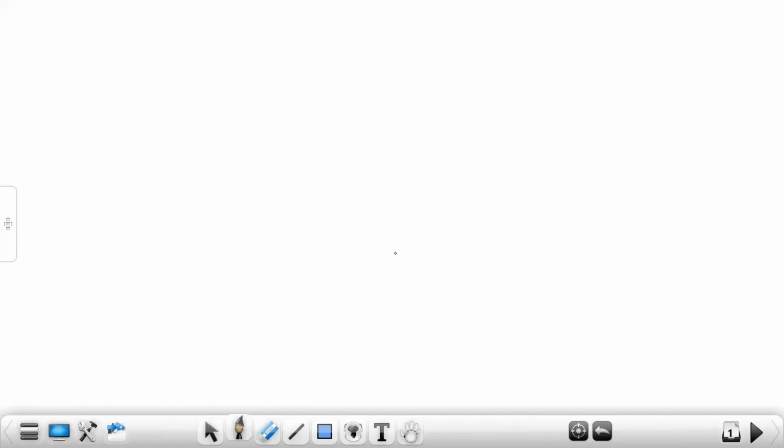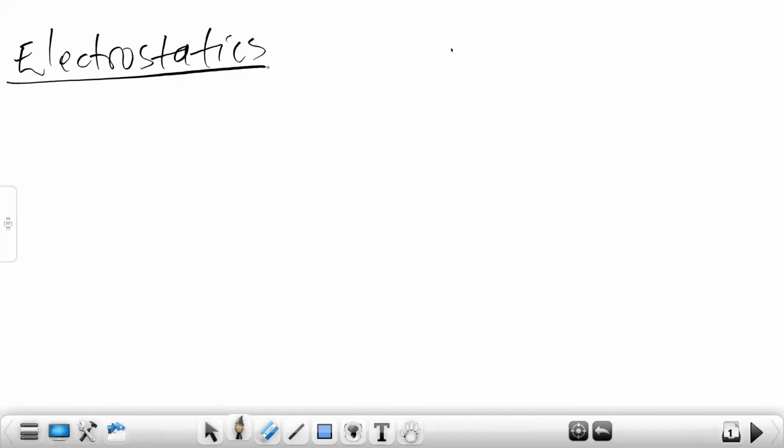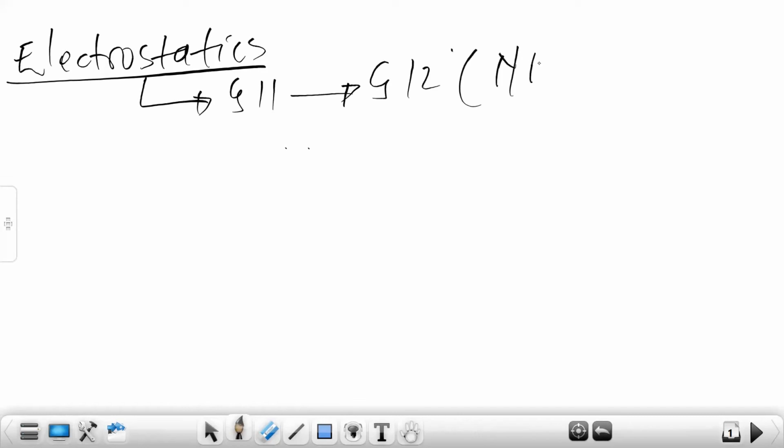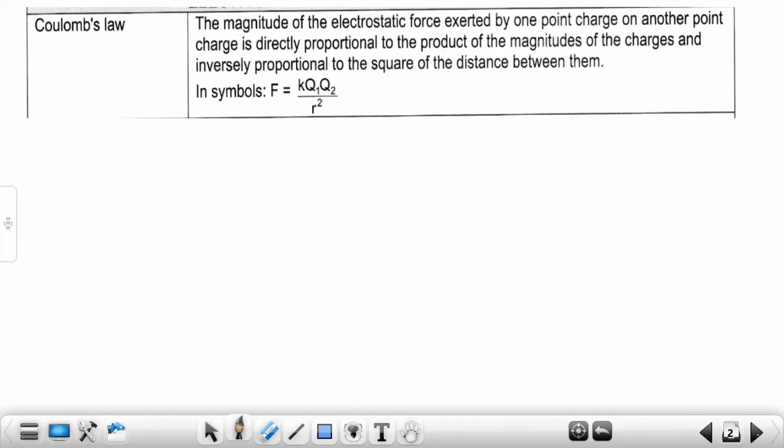Thank you, Tiamo. So without wasting any time, guys, we are scheduled now to start with electrostatics. This is what we should start talking about, and it's one of the topics that has a great impact in terms of paper one. We'll be moving with this one from grade 11 to grade 12. This is a very, very important topic to look into. So I'm going to come up with a few smaller strategies as to how best we can ensure that we understand and don't leave any basic gaps when we move forward